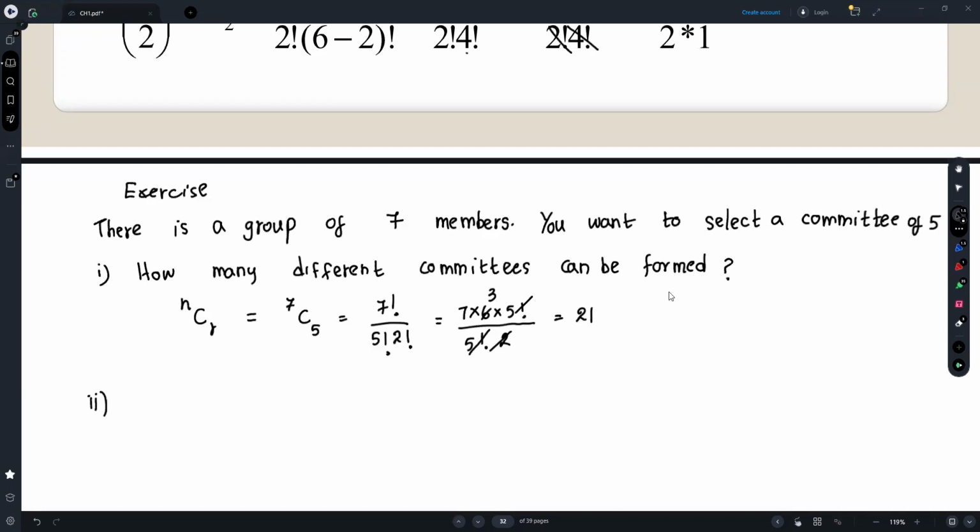Now I want to add a small restriction, right? Suppose there are 4 males and 3 females in this group. Right? So there are 7 members. The 7 members are formed as 4 males and 3 females. Okay. Now your committee should be,